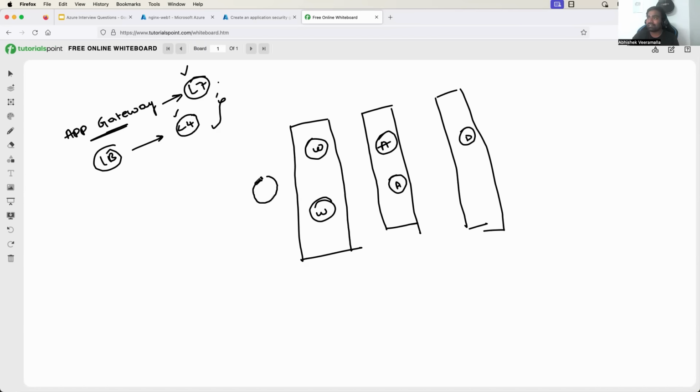So the load balancer that you will place in front of your web server will be a L7 load balancer or the app gateway. And the load balancer that you will place in front of your backend applications or the business logic applications is an L4 load balancer. Why? Because the L7 load balancer is a kind of powerful load balancer which can perform HTTP host-based routing, path-based routing. So this is a rich operation that you do, and probably this one decides, let's say if someone accesses